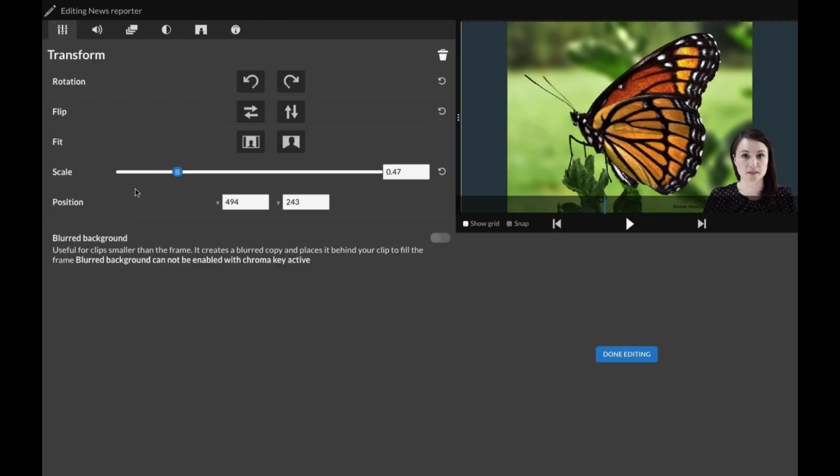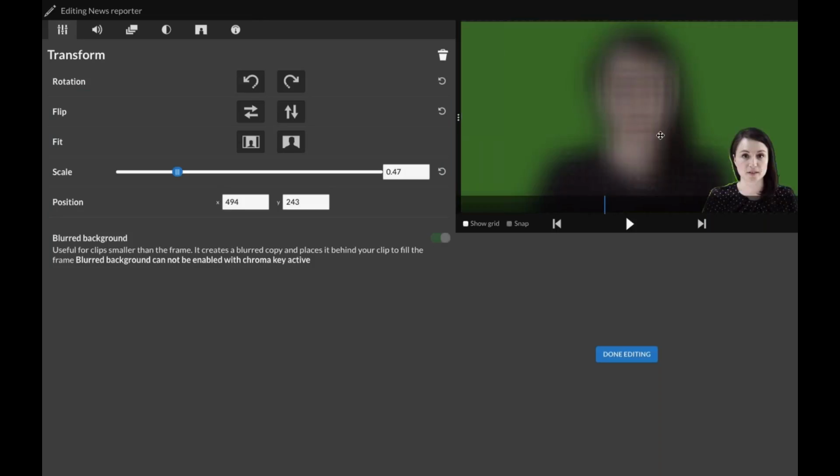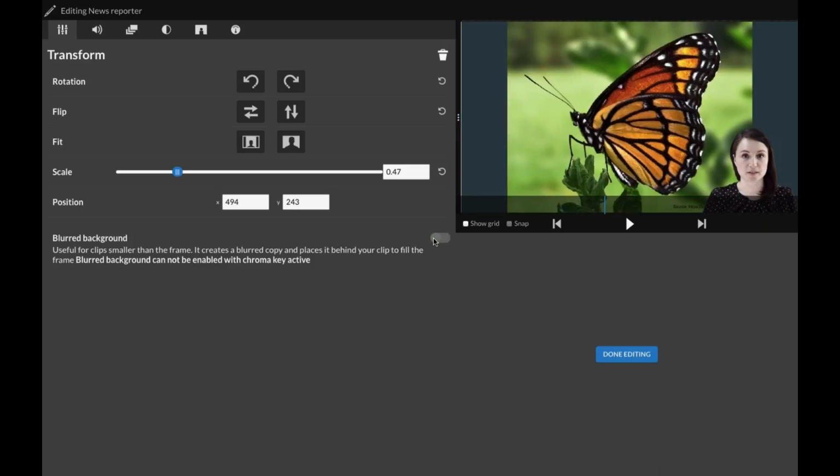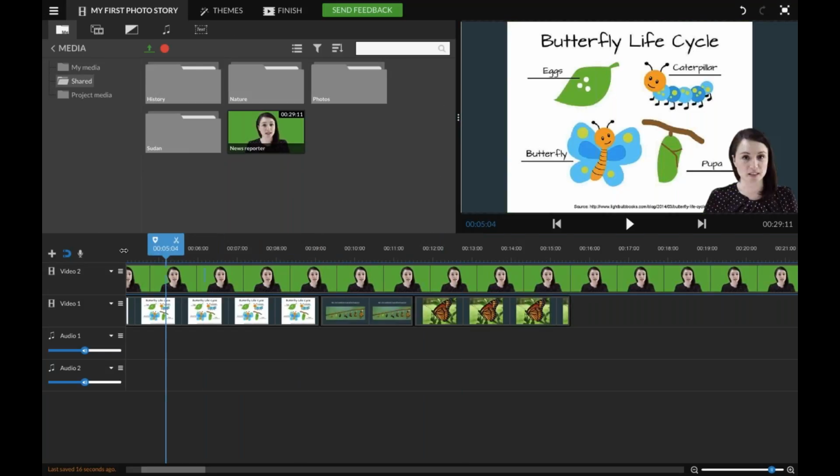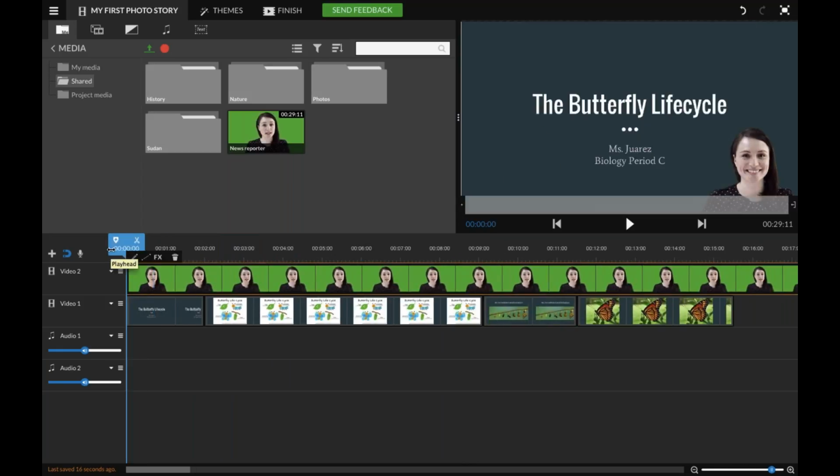And there's also this new feature that we introduced called blurred background. So on this clip, because we have green screen, we can turn it on. It looks a little funny, but on a just more simple video, you can have more of a cinematic effect if you turn on this blurred background. So this is basically it.